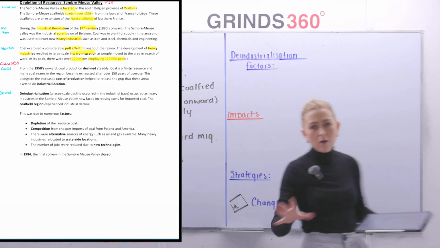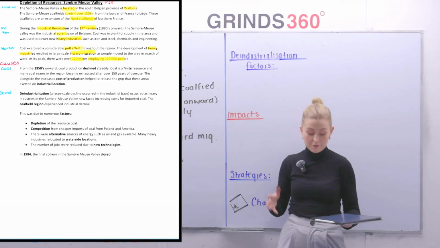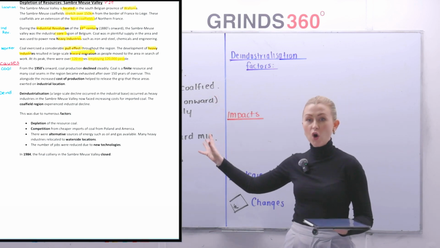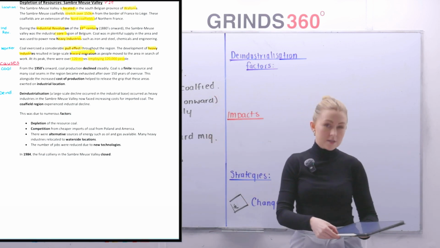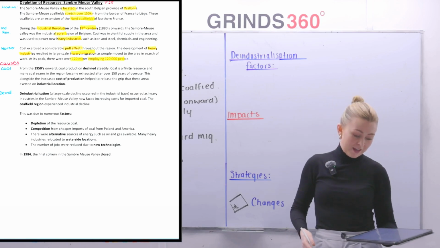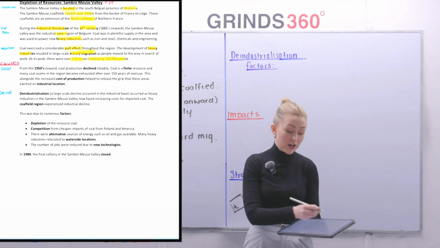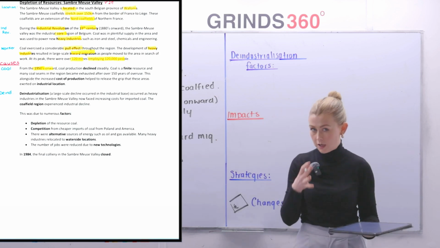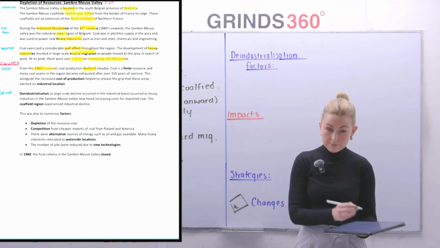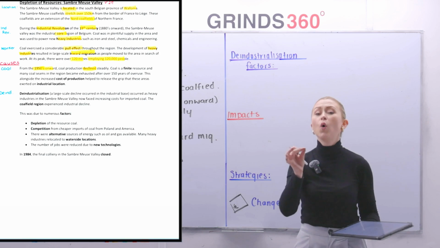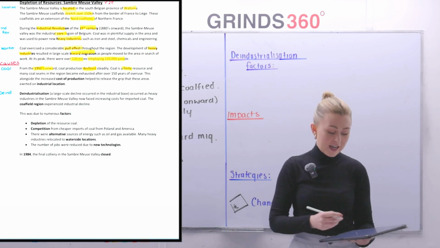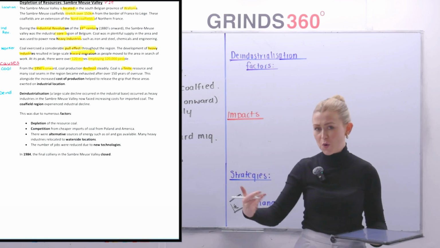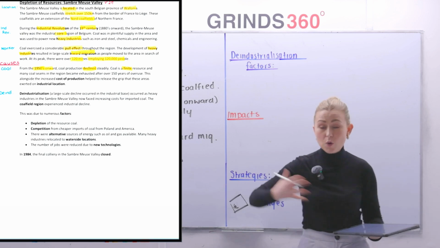Now, continuing on over on page number 44 for you guys. We're going to come into our section, as you'll see here, about our causes, what happened to coal. So let's get started. Now, from the 1950s, and I want you to highlight 1950s onwards, coal production declined. Why? Well, as you know already, coal is a, highlight the word finite, a finite resource. Now, when I say finite resource, what am I actually talking about? I mean that coal isn't going to last forever.